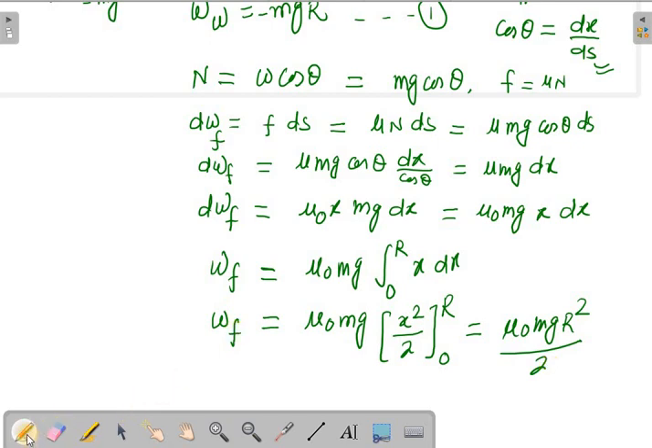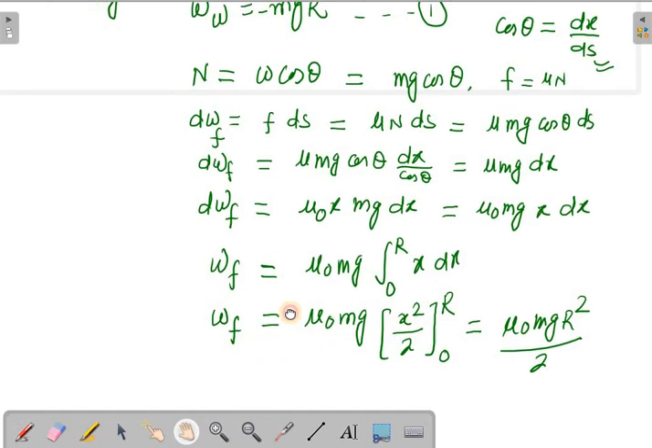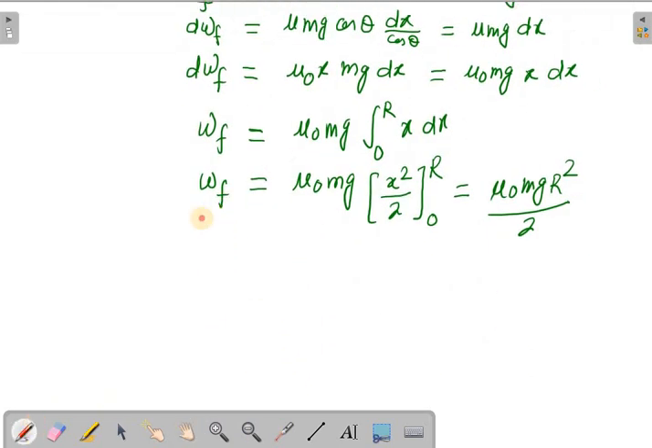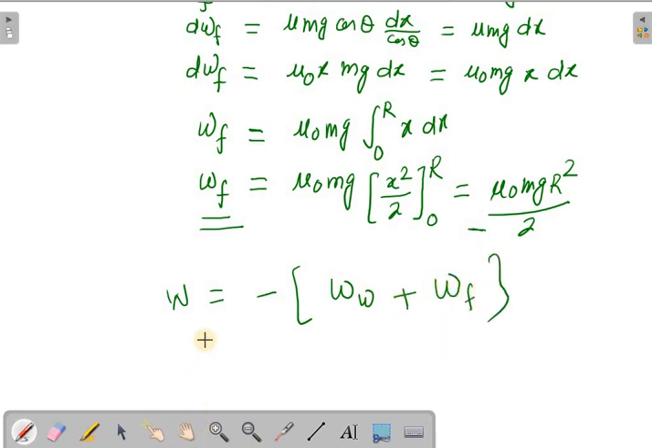Hence, the total work done will be equal. This work done will be equal to negative work done, negative. Hence, the total work done W will be equal to minus of W due to weight plus W due to friction, or that can be written as minus of minus mgr plus minus mu naught mg r square by 2,